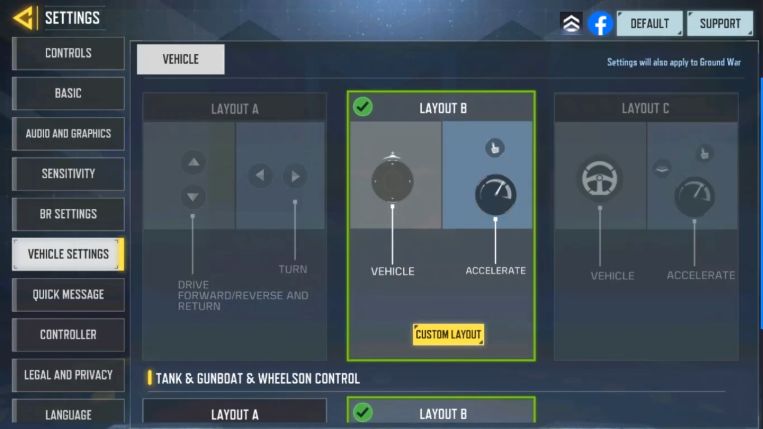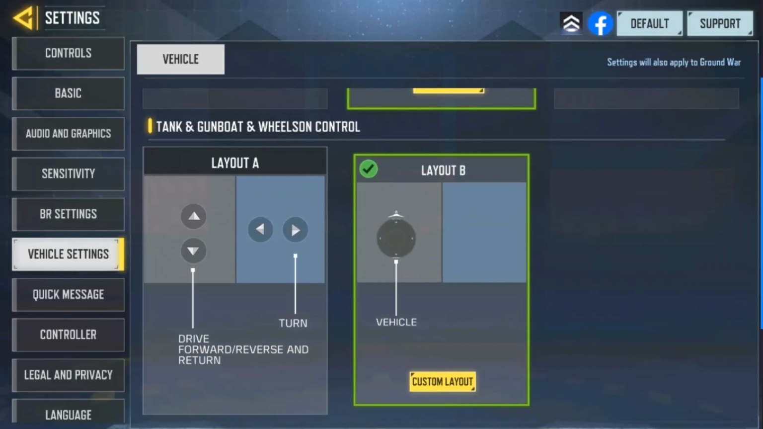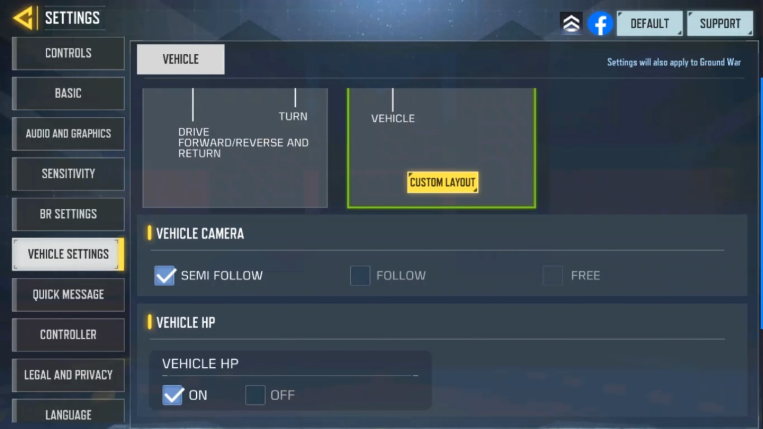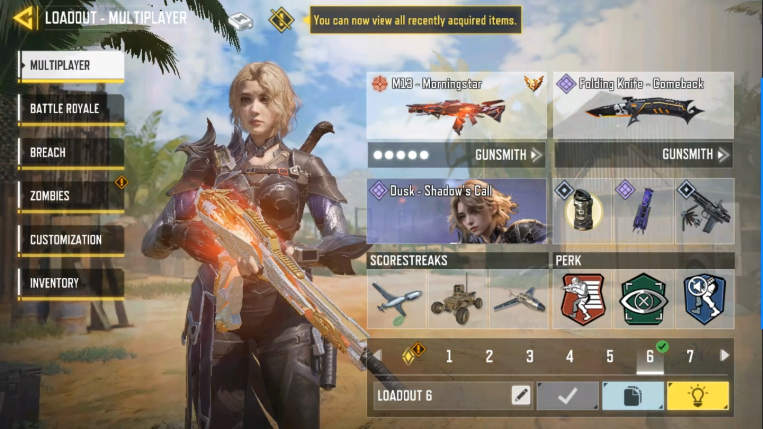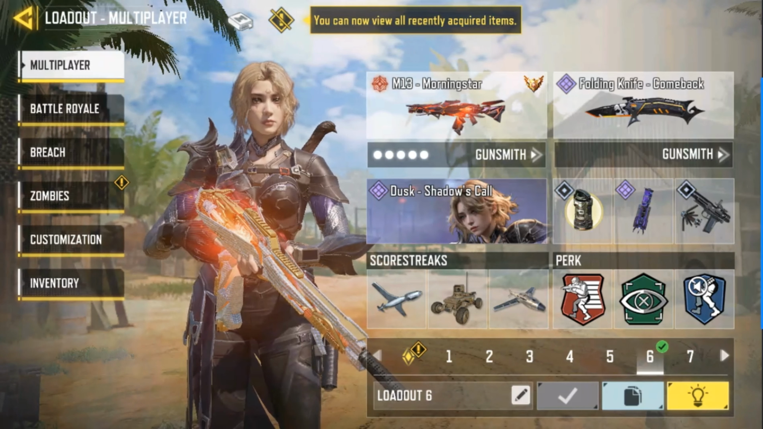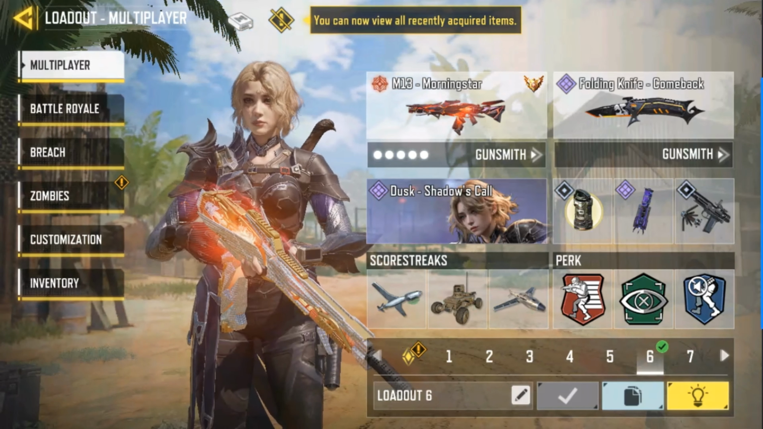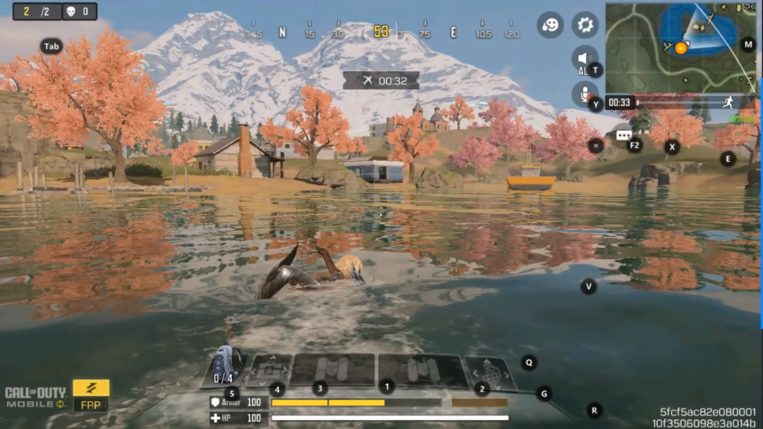Vehicle sensitivity, you can probably just leave as default, and I believe all of the rest will also more than likely be default. Now that should basically cover everything. I am considering making a few videos on certain loadouts. As you can see here, I do have the M13 Morning Star Diamond skin, and so if you would like to see that,